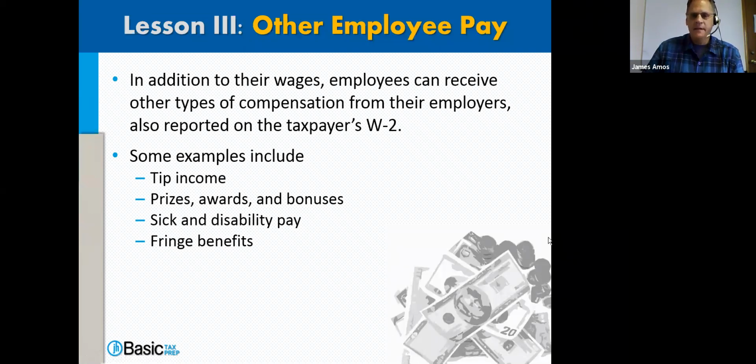Sick pay. If you get sick or disability pay, it might or might not be taxable. And that depends on whether you're the one that pays for it. I'm kind of getting ahead of myself here, but it'll help us. If you're the one paying for it or your employer's paying for it. So let me just quickly tell you, if you're paying for the disability pay, if you're paying for it pre-tax,